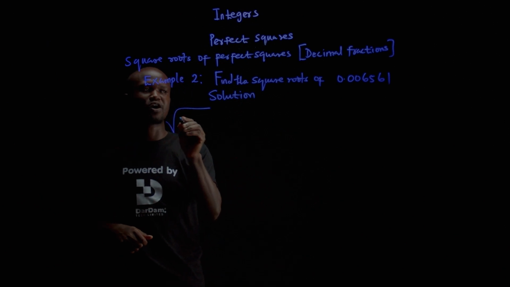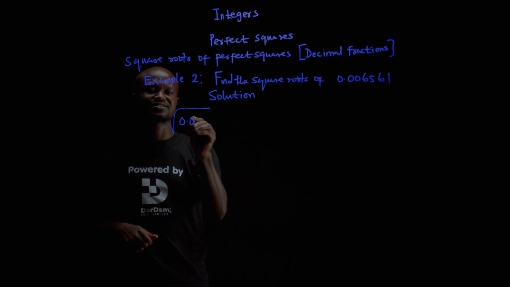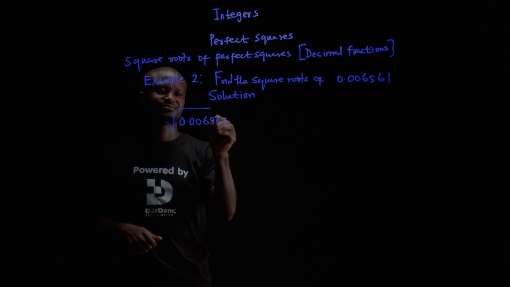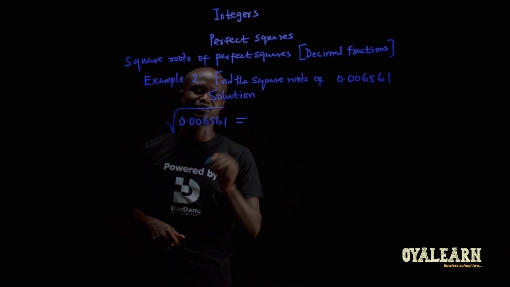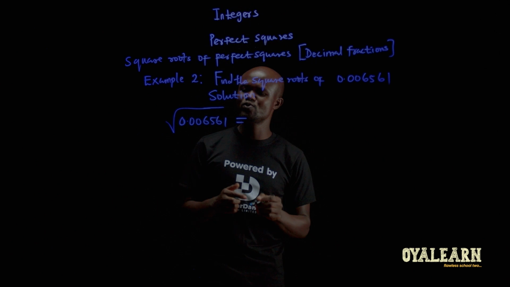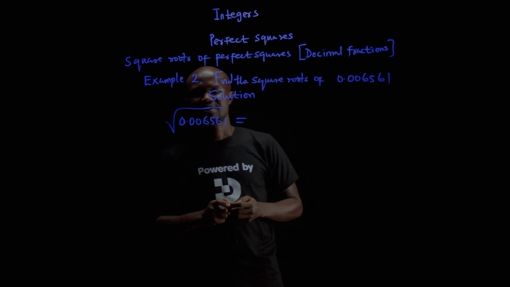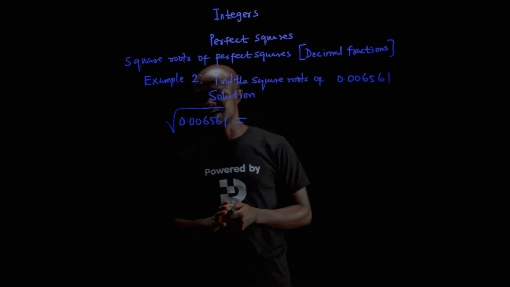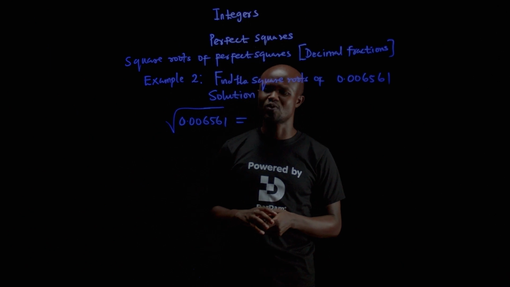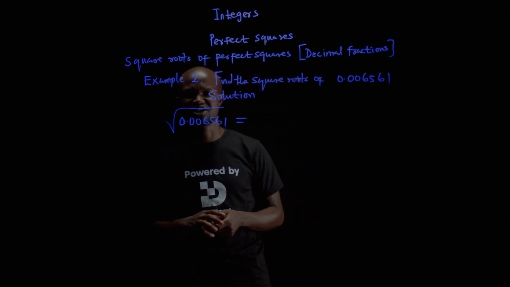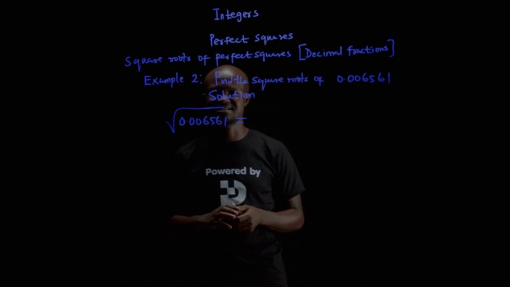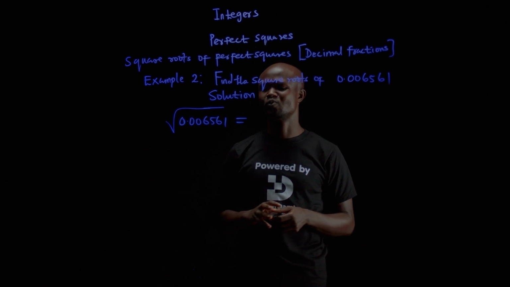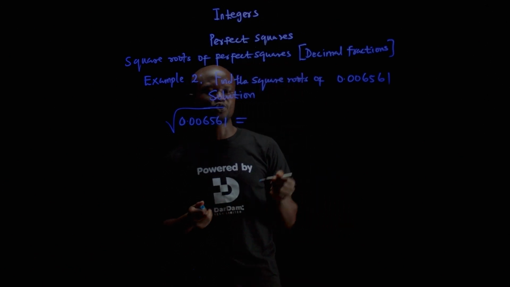So square root of what? 0.006561. To find the square root of this, the first thing we need to do is to convert 0.006561 to a proper fraction because this number is less than 1. So converting,